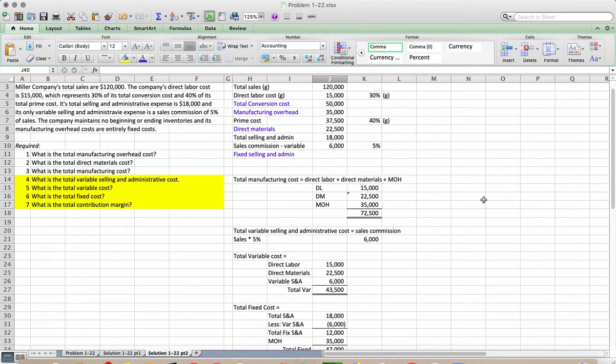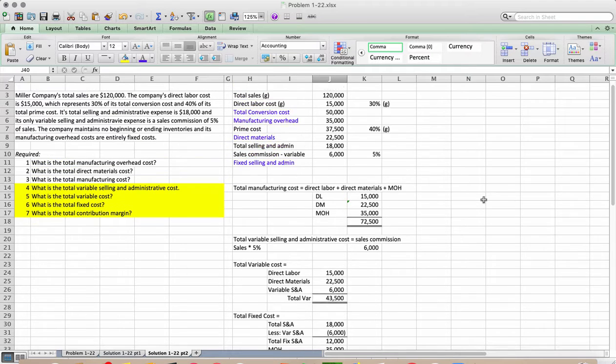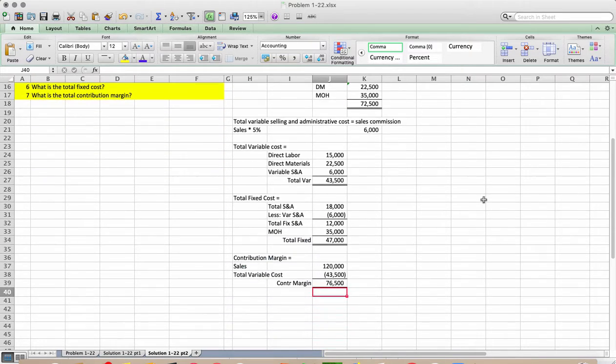So that's the end of this problem. But as I said before, you need to understand how all these definitions and this new vocabulary relate to each other in order to calculate the next step. So by doing this problem, and as I suggested earlier, taking notes, I think that will really help you with exam number 1. It's going to be multiple choice, but now you know how to